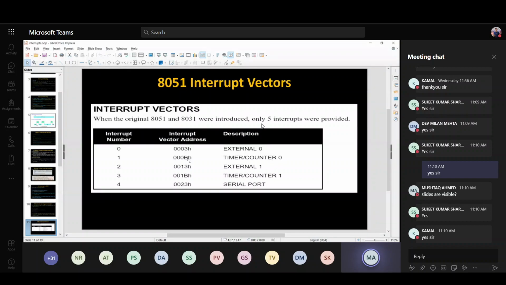The microcontroller will look at address 000B and start executing the instructions written there, until it reaches the return from interrupt instruction, RETI. So these are the fixed interrupt vector addresses.